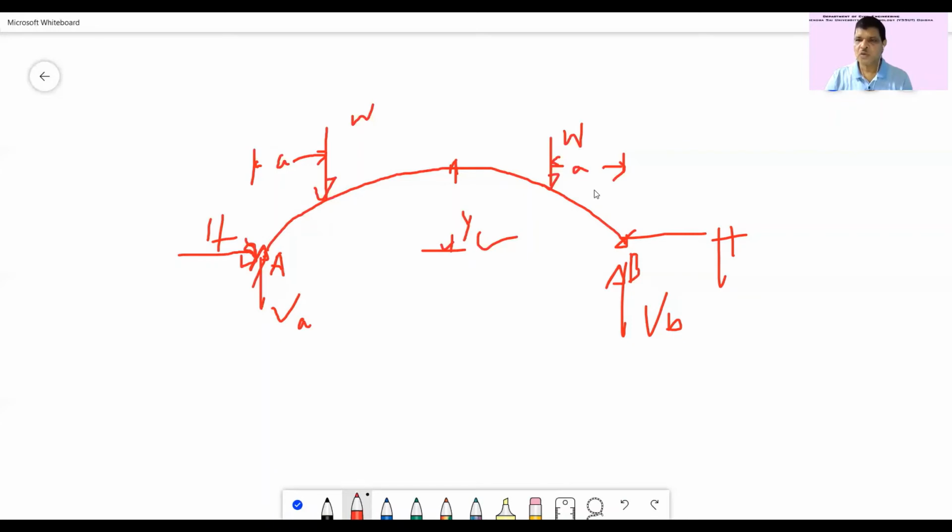This two-hinged arch is subjected to concentrated loads at equidistance from the supports. You have to calculate the value of the horizontal thrust. You have to find the horizontal thrust. Now you can say the span, so let the span be equal to L. That will be given. YC is the rise of the crown from the support. That will also be given.